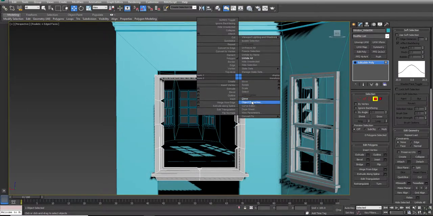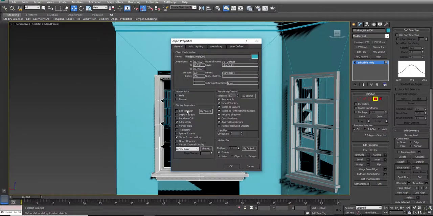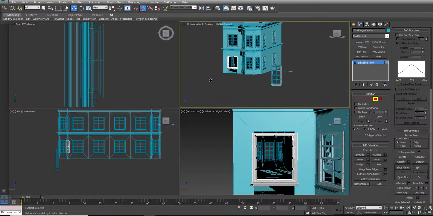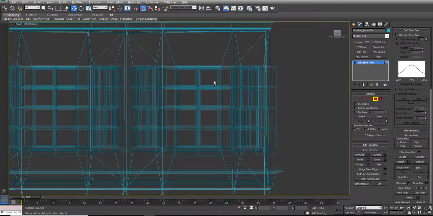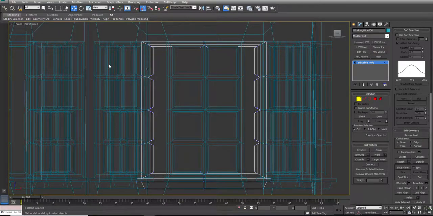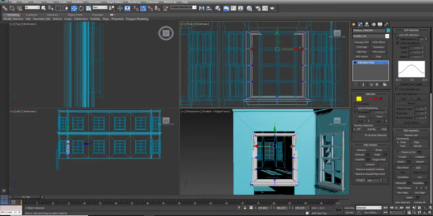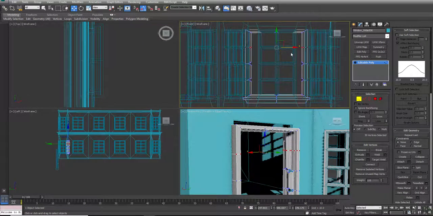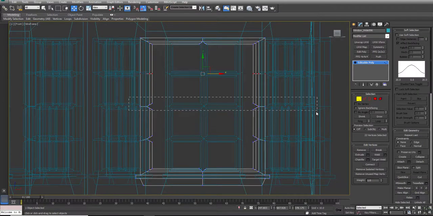So let's change object properties here and turn on back face cull. And say OK. And now Alt W, and I'm going to make this a front view. Hit F3. Alt W and zoom in, and I'm just going to come in and I'm going to use my make planar along Y, which is the wrong one because that pinched them together. So I'm going to undo that. It's make planar along Z. There we go. Then I'm going to click the weld button. Same thing here. Make planar along Z, weld, Z, and weld. And I can grab the ones up here on the top and make those planar along X